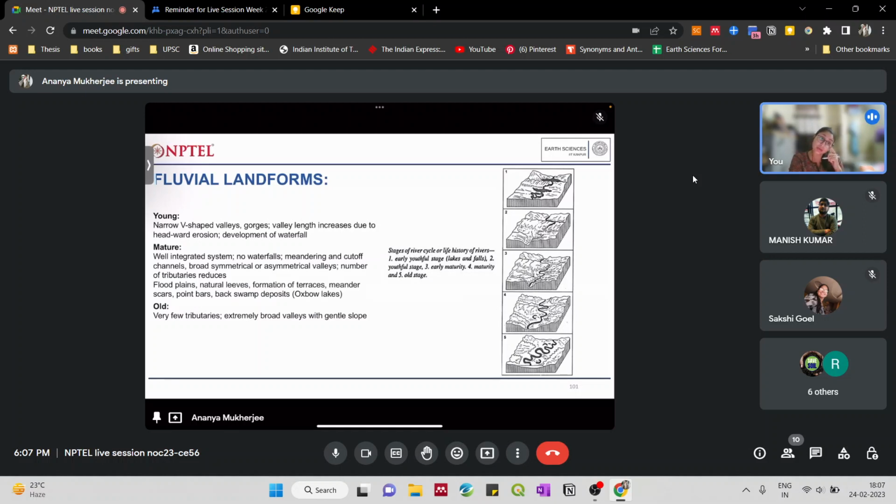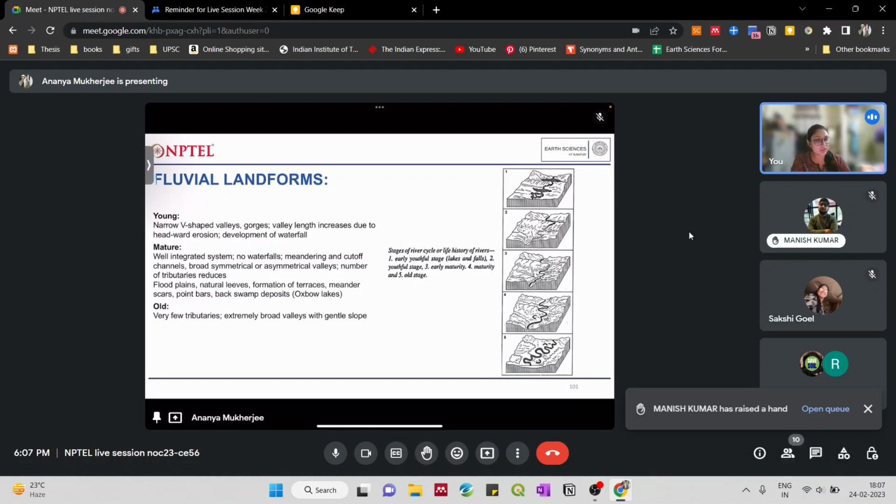They differ at different stages of the river system. If you remember, we had talked about different stages: youth stage, mature stage, and the old stage of the river. During the river cycle or the life history of rivers, these stages are commonly seen, and the different landforms that are created during these stages are very much